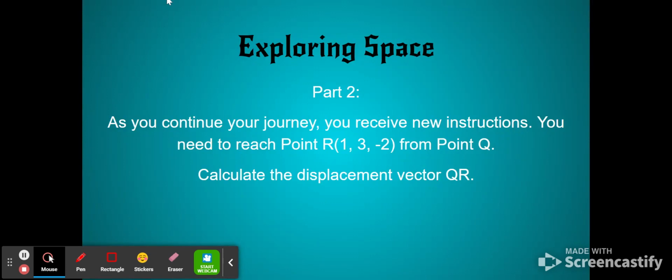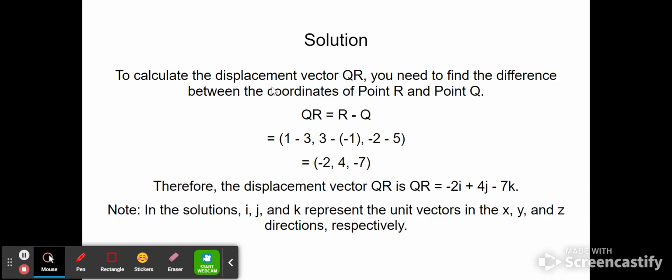And now moving on to the second part. As you continue your journey, you receive new instructions. You need to reach point R (1, 3, -2) from point Q, and you have to calculate the displacement vector QR. So for this solution,